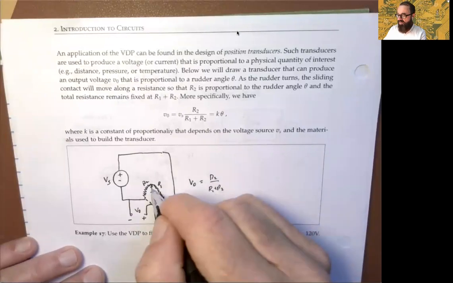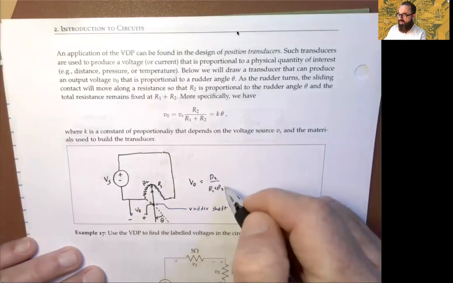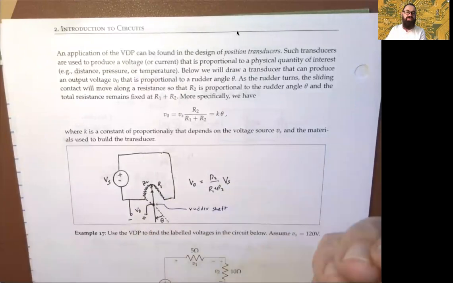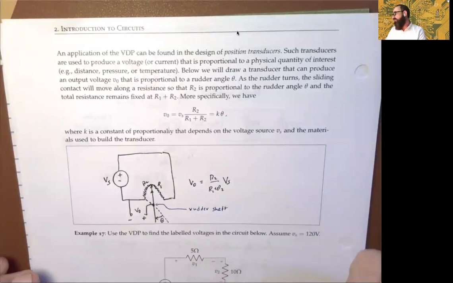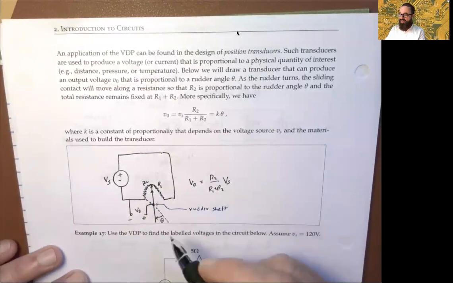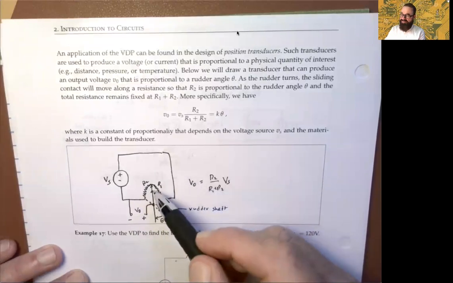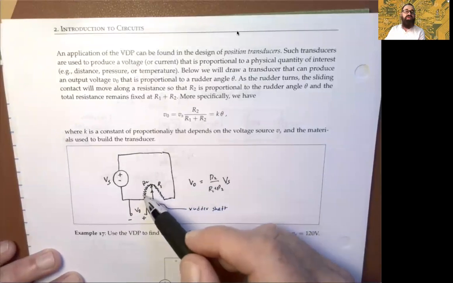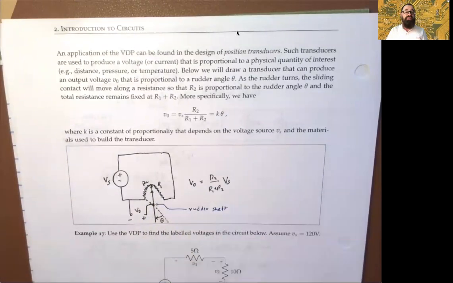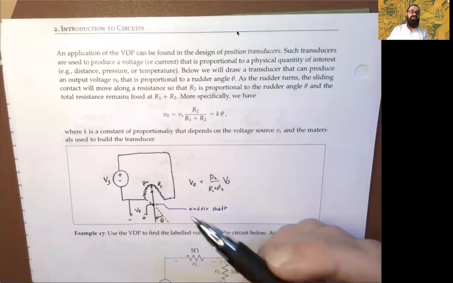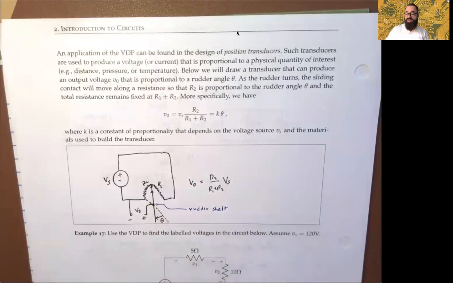And then the actual resistance that we use to scale the voltage source is given by this component of it. So you can see what happens as the angle here becomes smaller. We're carving out more R2 than we are R1, so that's an illustration there. And you can adjust this according to the sizes of the resistances R1 and R2 in terms of the proportionality that you're going to get for your voltage. So that's just an interesting illustration of what